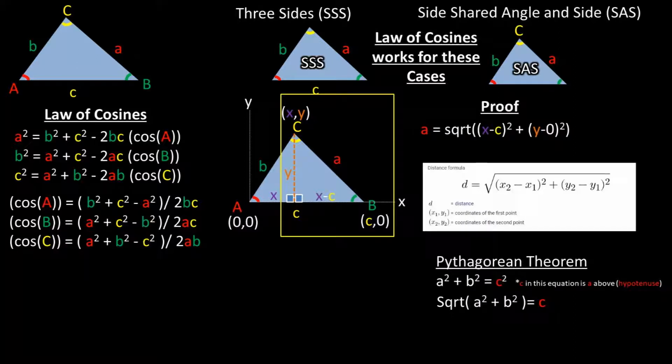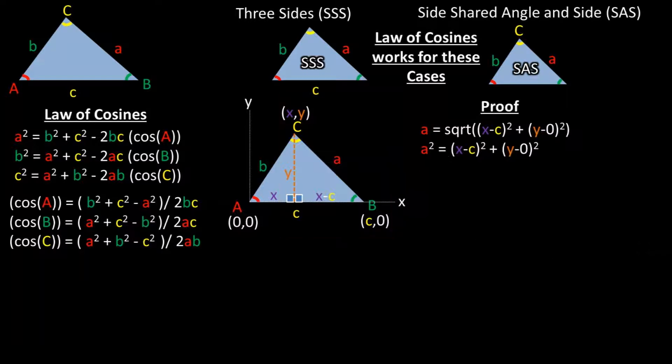Recall, to find the distance from one point to another point, we can use the Pythagorean Theorem, also known when working with coordinates as the distance formula. For the right triangle to the right of the perpendicular line, the length is x minus c, and the height is simply y minus 0, which reduces to y. Note, I use point 2 as (x, y) and point 1 as (c, 0) in the distance formula. This is why it's x minus c and not c minus x. Taking the square of both sides, we are left with a squared being equal to (x minus c) squared plus